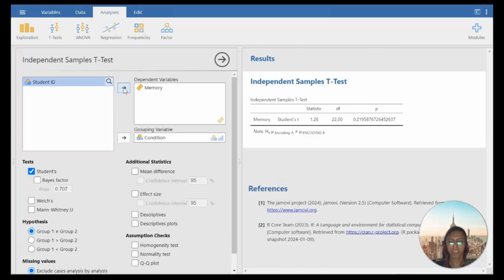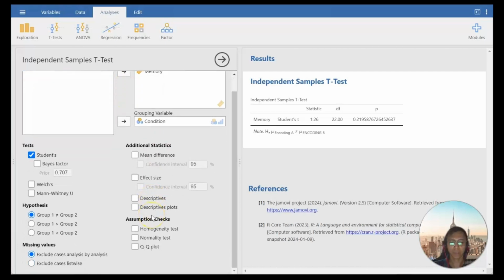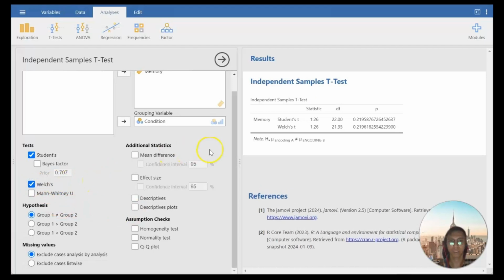In the assumption section, you can choose whether to assume equal variances between the groups or not. By default, Jamovi assumes equal variances, which corresponds to the standard t-test. If you suspect unequal variances, you can select the option for Welch t-test instead. So this one.